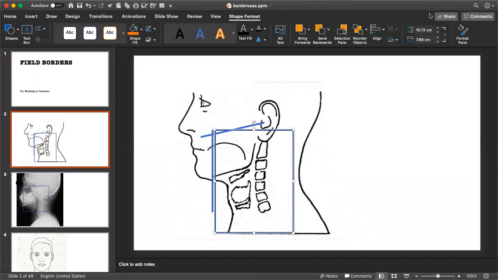Dr. Ishantini has asked Dr. Riddhi, any scenario for raising the superior border to the base of skull in oropharynx? We are not raising it to the base of skull. We would raise to the base of skull in case of hypopharynx, because of the involvement of retropharyngeal lymph nodes. Here we are not raising it to the base of skull. We are just raising it to the upper body.